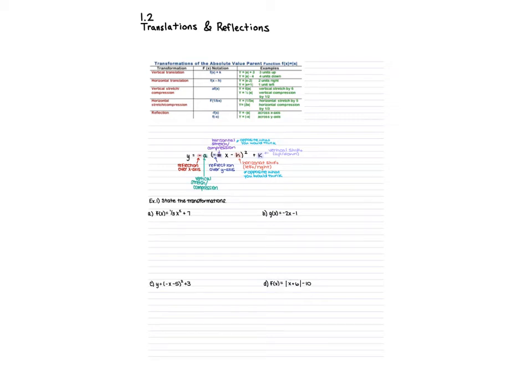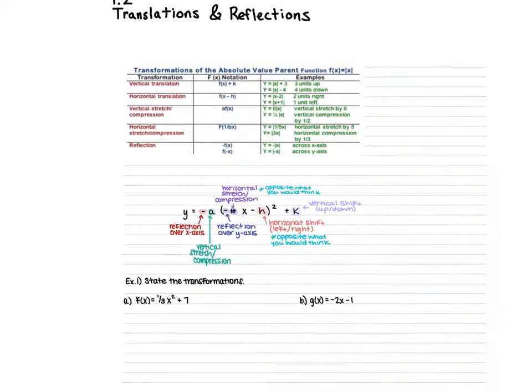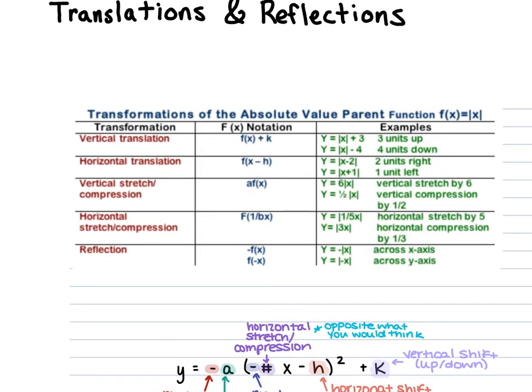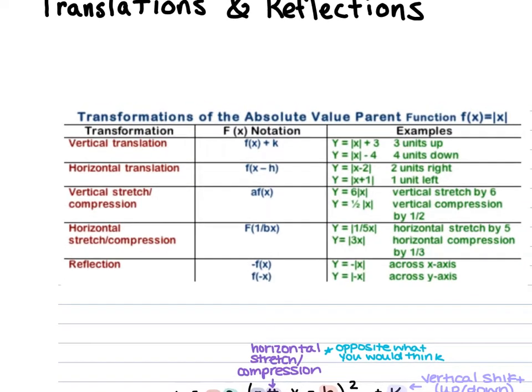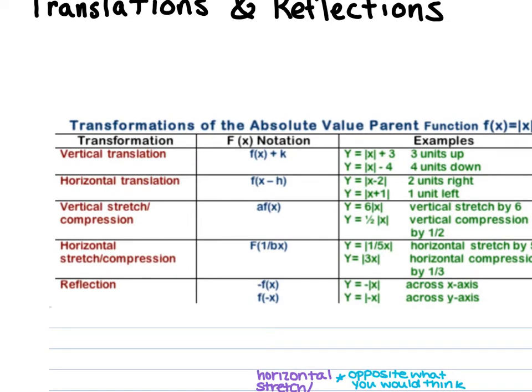All right, so 1.2 kind of goes along with 1.1. We're still dealing with transformations. The first part of 1.2, we're going to focus on translations and reflections. So we have this table here that shows us if something happens to our function, a certain type of transformation is going to happen. So looking at our first row of our table, we see if a number gets added